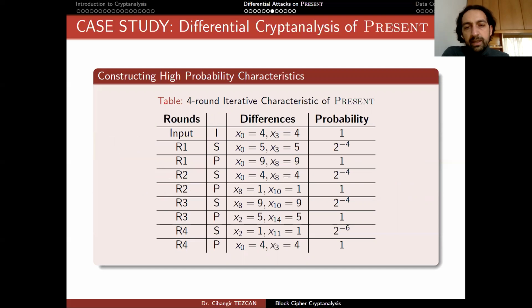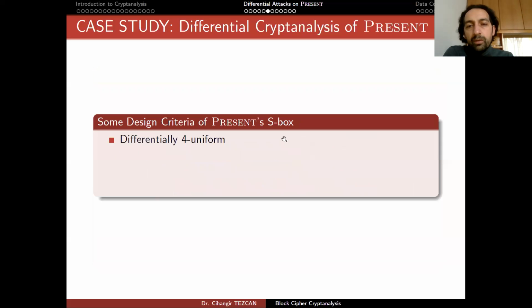So how can we use this DDT table to create a differential characteristic? Here we take an example from Wang's differential attack on PRESENT. So in this paper, they provide a 4-round iterative characteristic of PRESENT. I will explain what it is, and I will also explain why it is called iterative. So the attacker says that if you choose an input difference as 4 for the S-boxes 0 and 3, so if you go back to the picture,